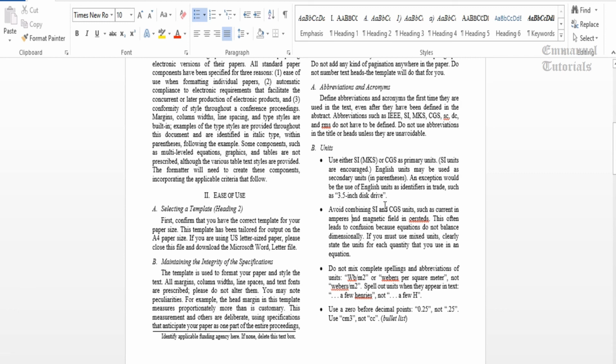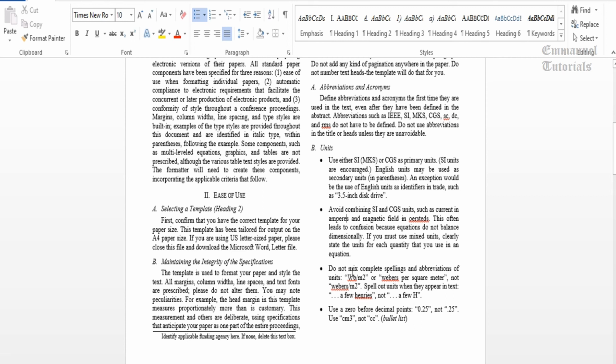So here you can see that amperes is in SI units and oersteds is not an SI unit, because if you want to use it for magnetic field, it should have been Tesla. So this is not acceptable in an IEEE format. If there is no other way, then you must mention the unit, this particular kind of unit, in every equation that you are going to use or mention in the paper.